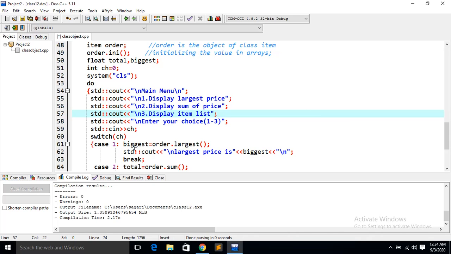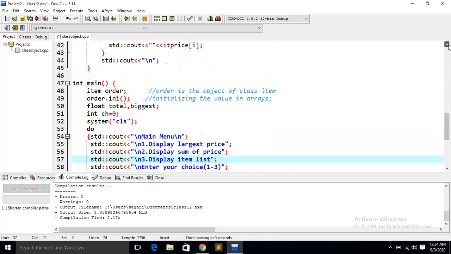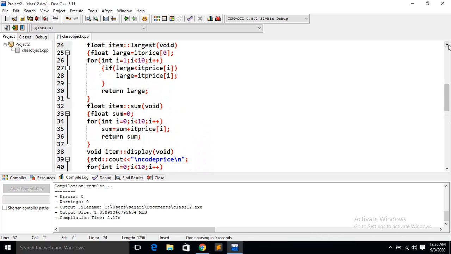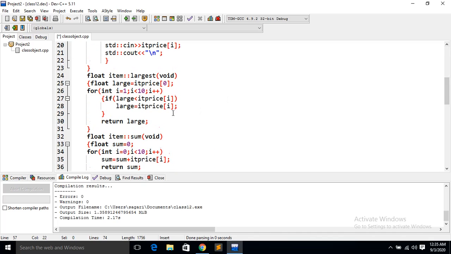In the switch, biggest equal to order dot largest. That means order is the object, and with the help of the object I am calling the function largest. So what is in the largest function? Let us go again to the largest part. See the largest part here, you can see that by this part it will find out which price is largest.